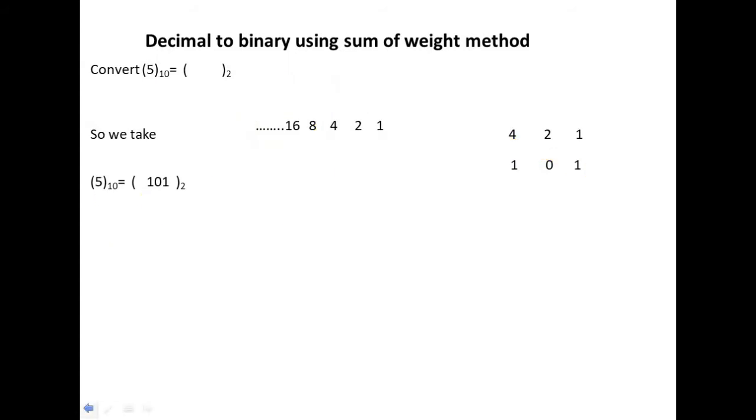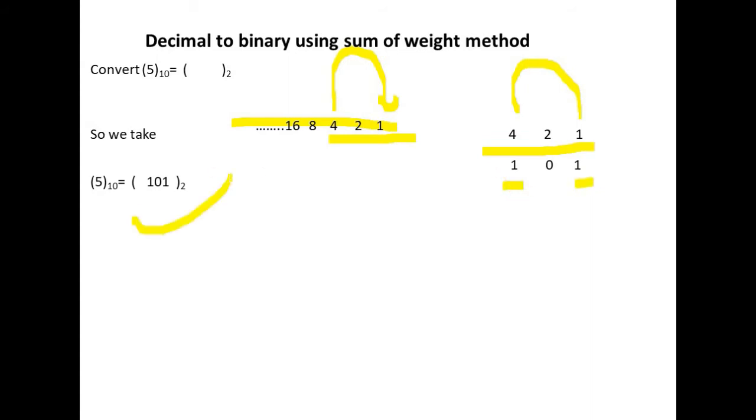Now come to the next question, that is 5. Again we have written this number. Then think how would we get 5. Here we see that 4 plus 1 is going to 5, means again 3 digits will be required. So write this 1, 2, 4 separately and 4, 1 is going to give us 5. So this 4 and this 1. So 1, 0, 1 will be the answer.